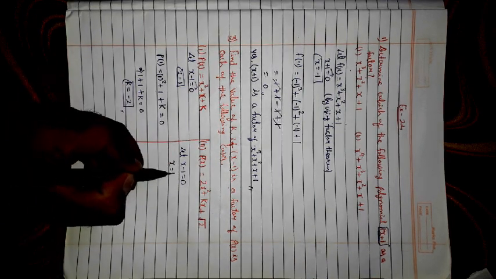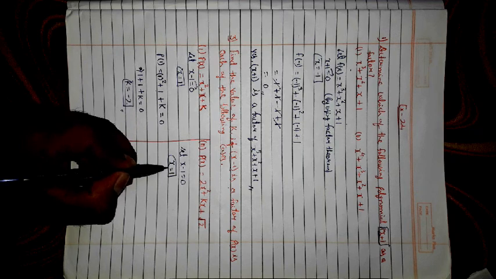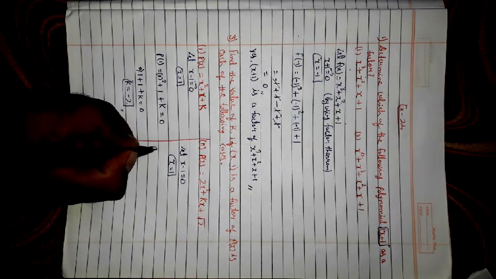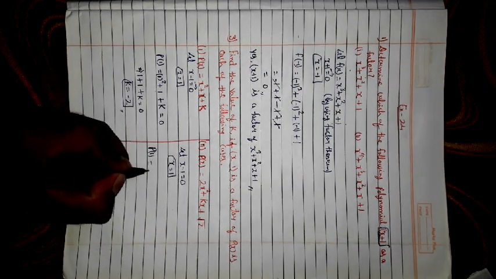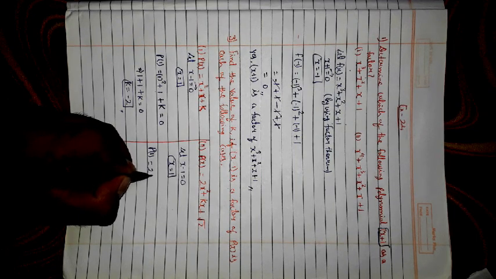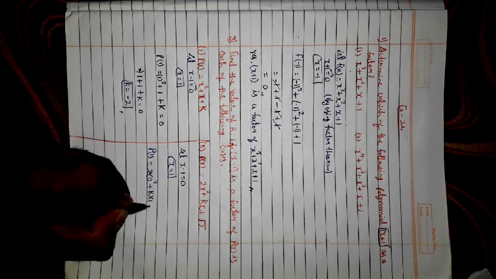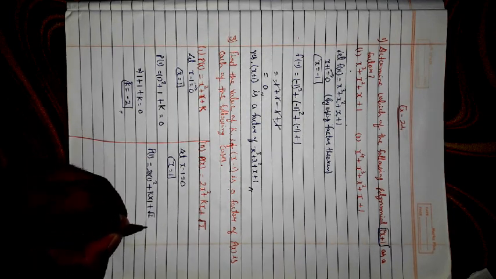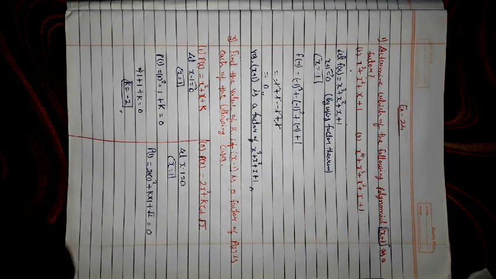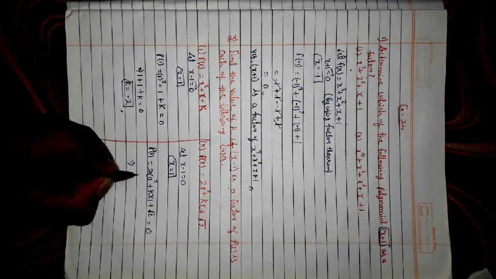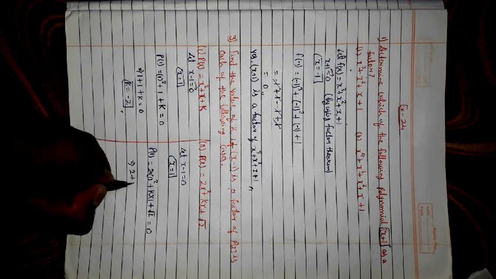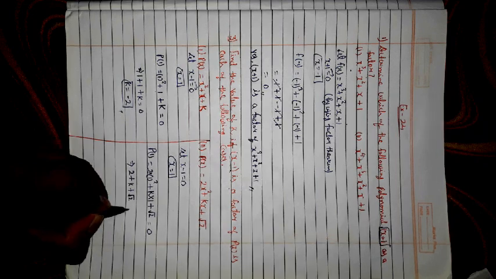So x would be equal to 1. Now we put the value of x in the given polynomial. So p(1) equals 2x square, which means 2 into 1 square, plus kx, which means k into 1, plus root 2. Again we have to find the value of k, meaning we have to take 0 equals it. So 2 into 1 square is 2, plus k, and root 2 we have, equals 0.